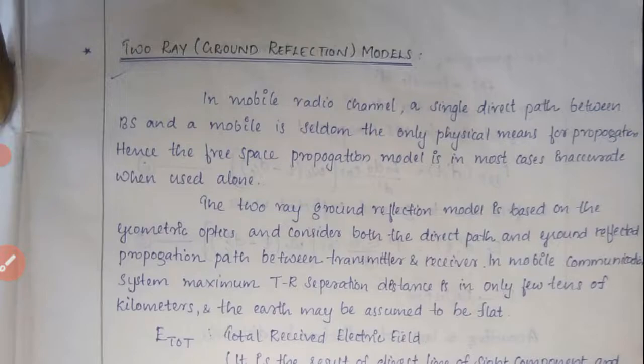In many cases the direct path will not be available, right? In that case, how do we find the received power or the received signal strength? We are going to discuss that. In this two-ray ground reflection model, there will be two paths. One is the direct path from the transmitter to the receiver, that is the line of sight path, and the second one is the reflected path. From the transmitter the wave reaches the ground and then goes back up to the receiver, that is, reflection takes place, and that wave is called the reflected wave.